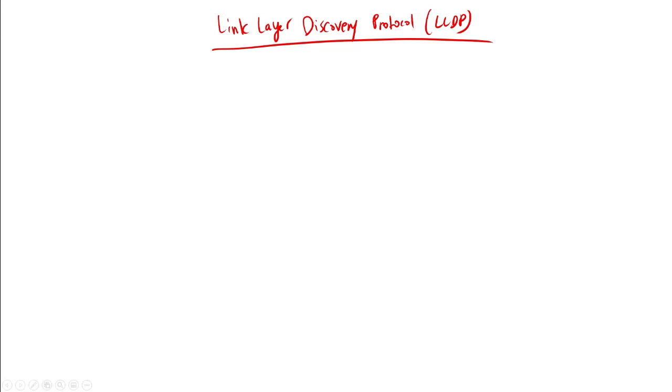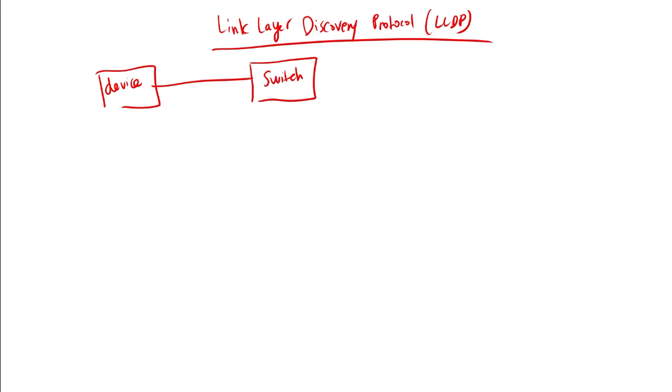So what I want you to think about is when we started, we had Link Layer Discovery Protocol. So what happens is a device first boots up, talks to the switch. And this is a type 3/type 4 technology,